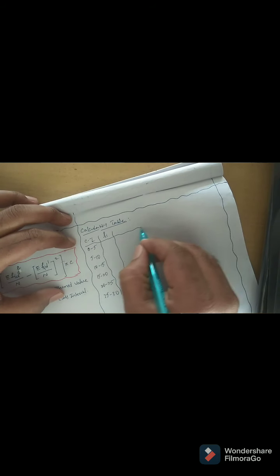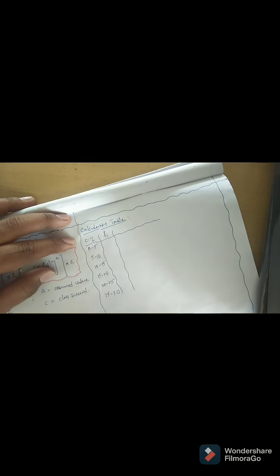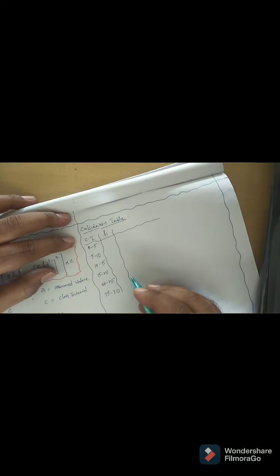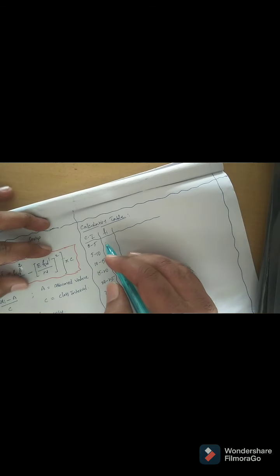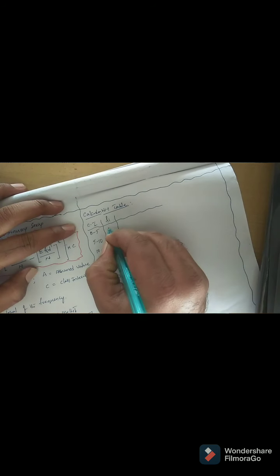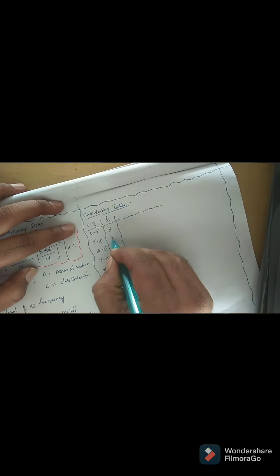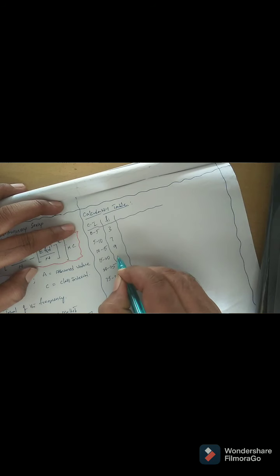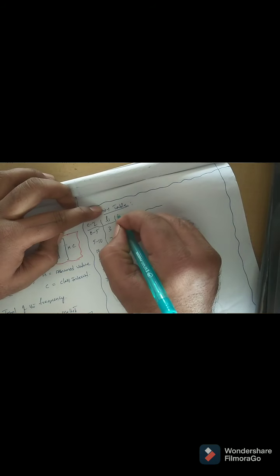I want to let you know the reason behind choosing A. By looking at the mid values, you can understand the logic. Before that, what is Fi? The Fi values are 3, 7, 9, 15, 10, 6. Now you go for the mid values.